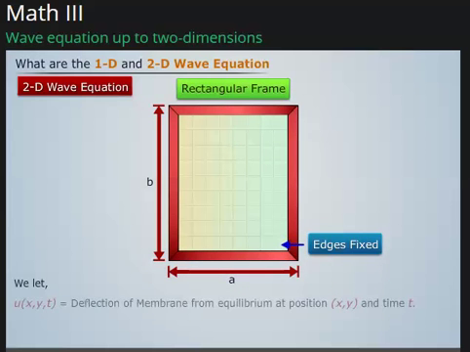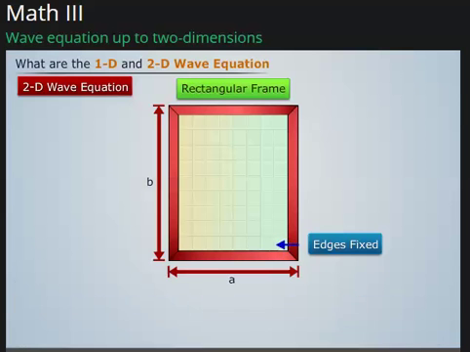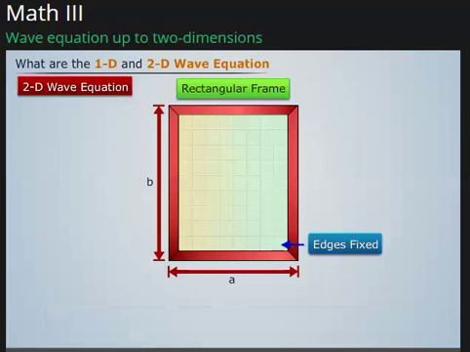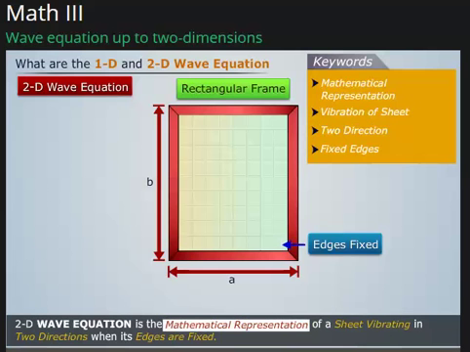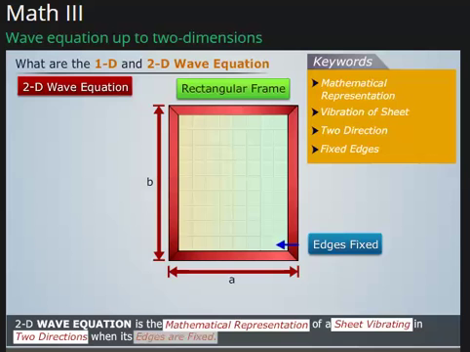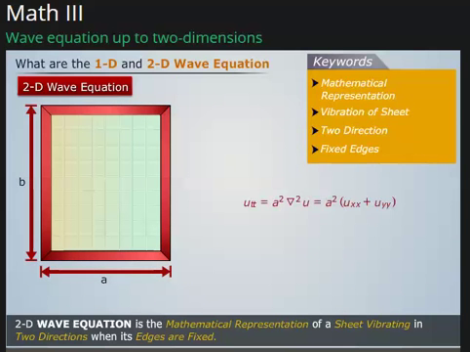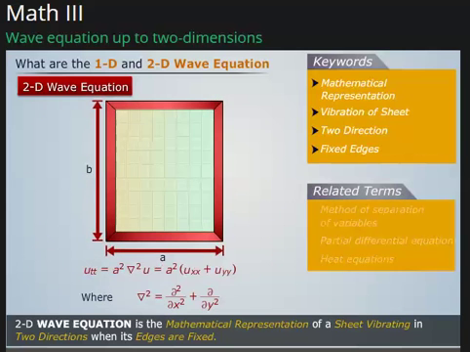We let some of the parameters as, for a fixed t, the surface gives the shape of the membrane at time t. Under ideal assumptions, one can show that U satisfies the two-dimensional wave equation. So 2D wave equation is the mathematical representation of a sheet vibrating in two directions when its edges are fixed. And it is given as, where related terms are,